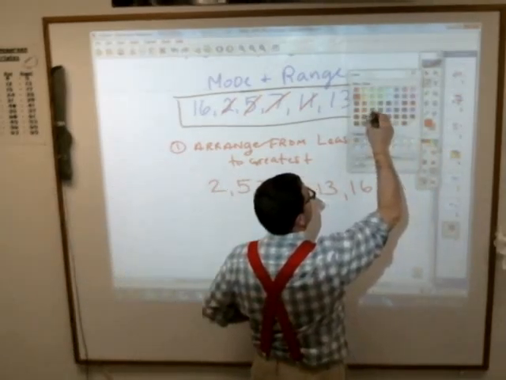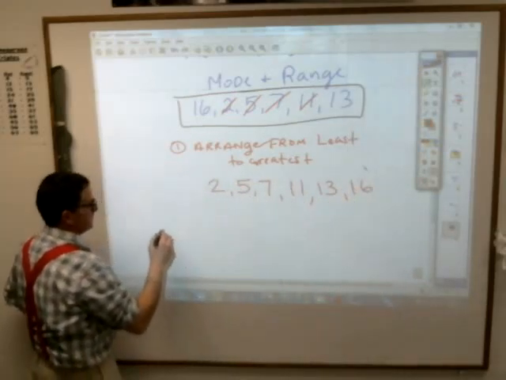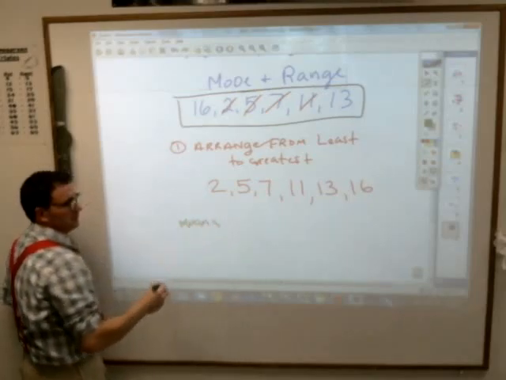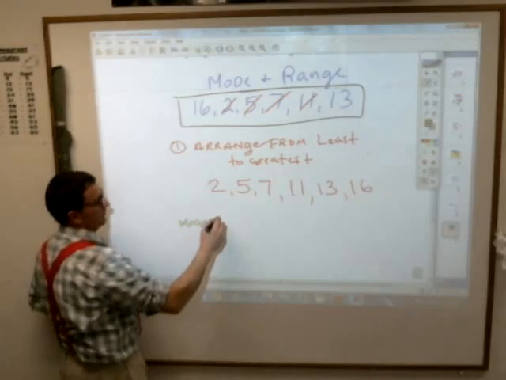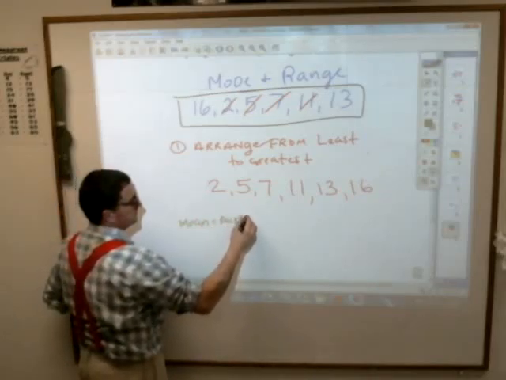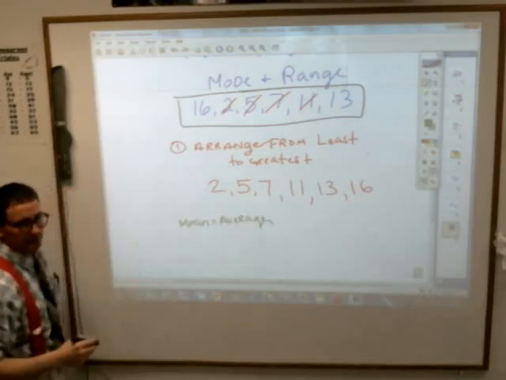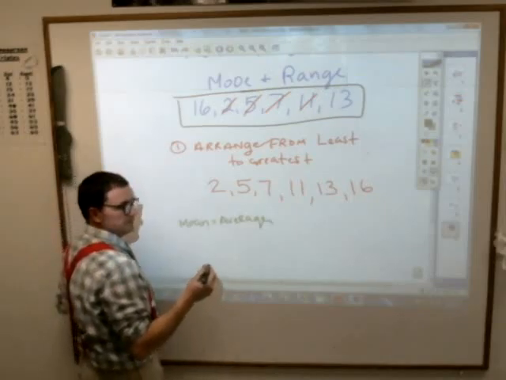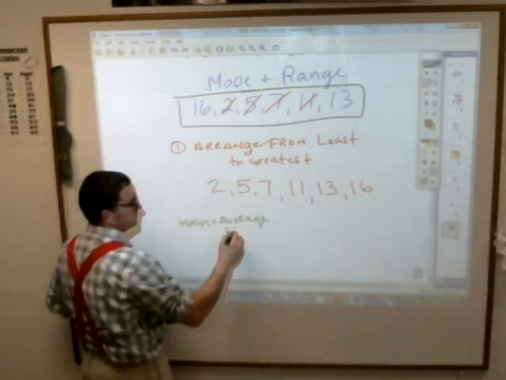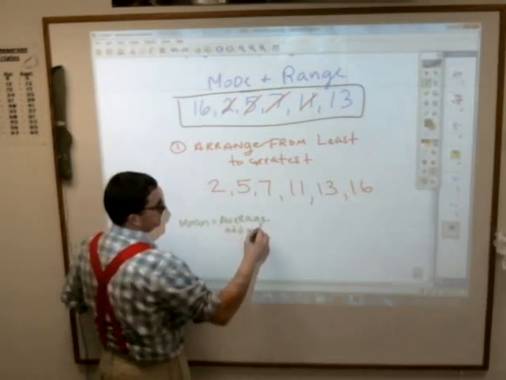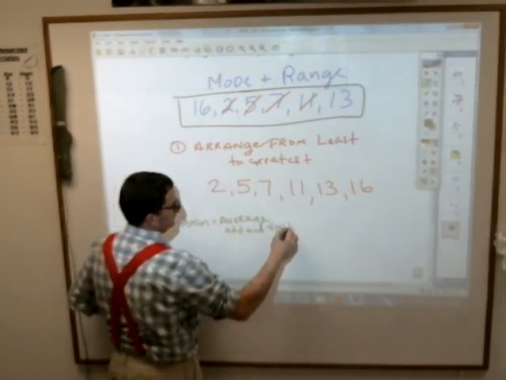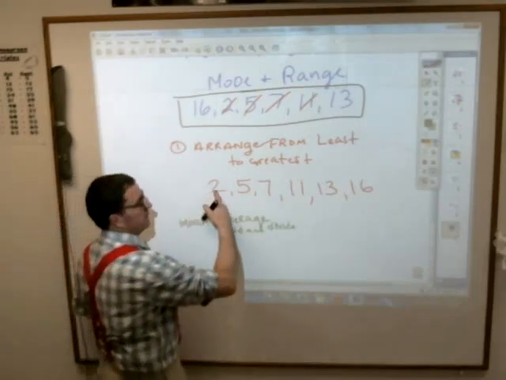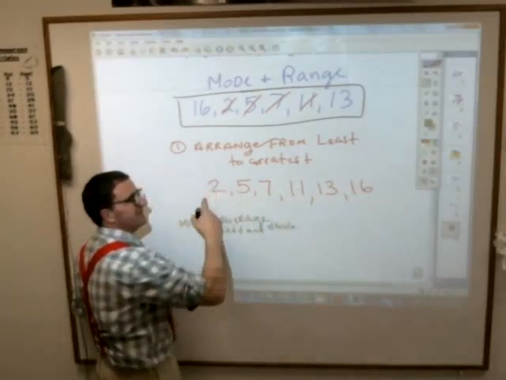The first thing is mean. Does anybody know what the mean is? Mean in math is the same exact thing as average. And how do you find the average of something? We've done averages before. Who's out there that remembers average? Calvin? Add them all together and then you divide by the number of numbers. Right. You add all these numbers together, and then since there's 1, 2, 3, 4, 5, 6 numbers,